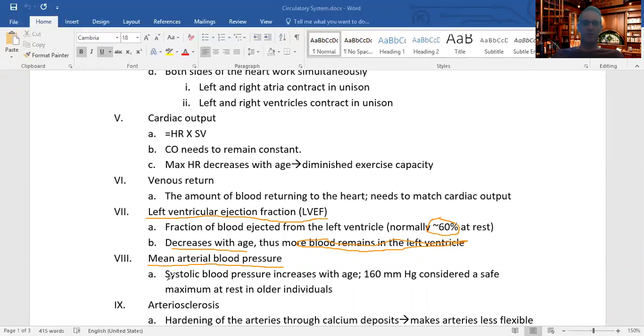With age, systolic pressure goes up, and you're always taught that 140/90 is high blood pressure, but when you're older, they actually let you go up to 160. And that's because blood pressure naturally goes up with your age, especially with arterial sclerosis,